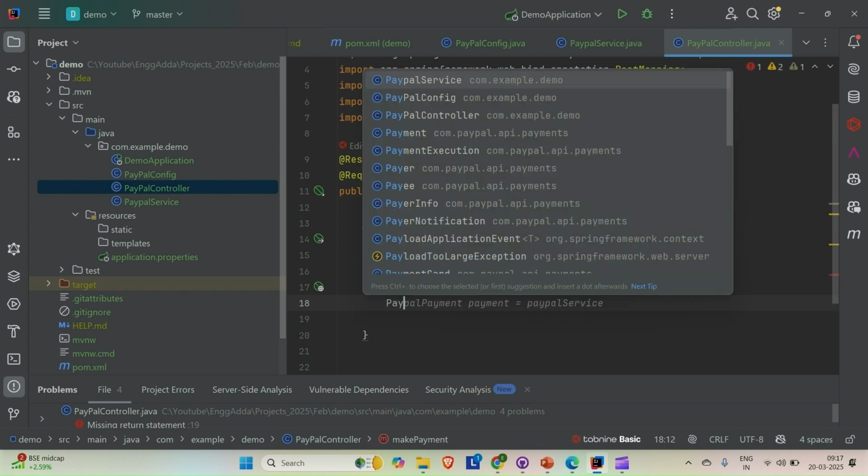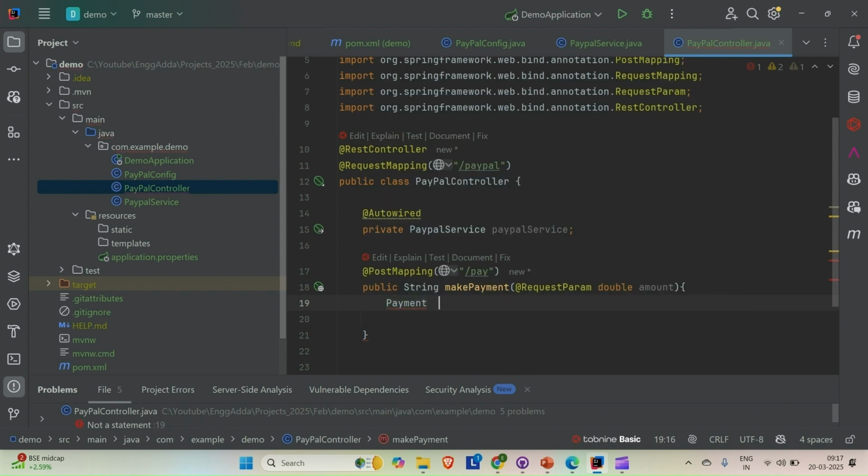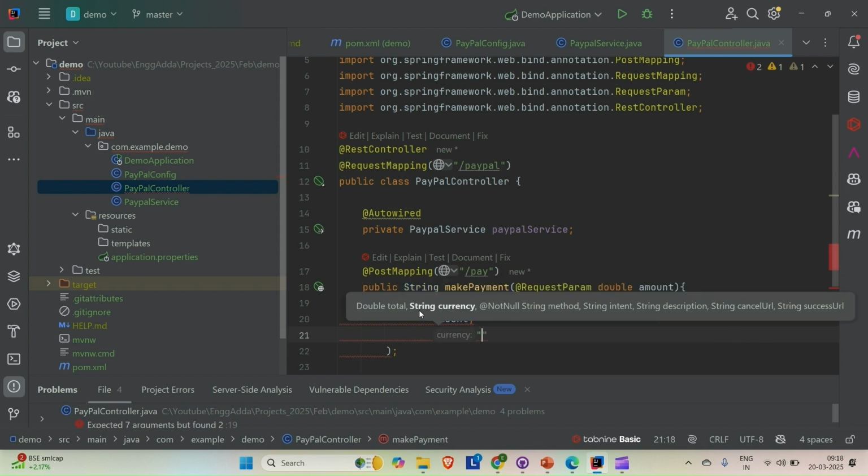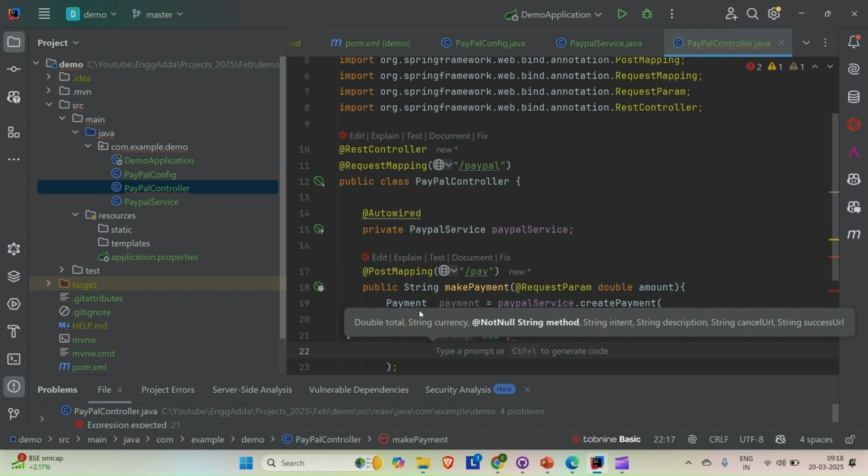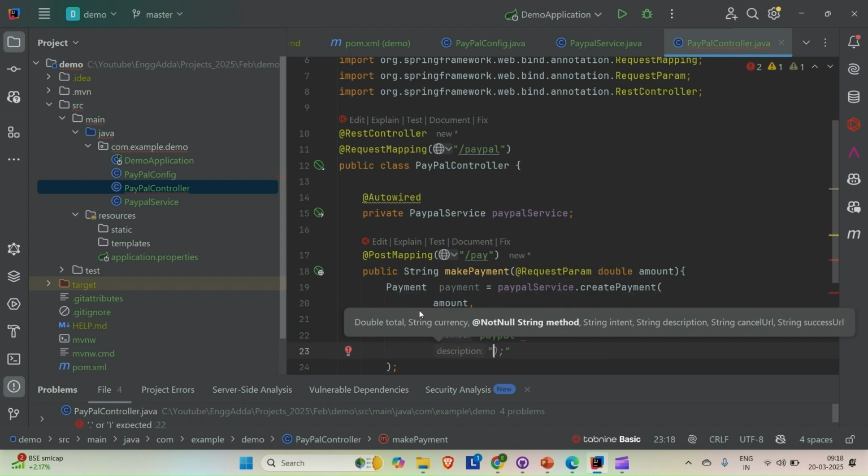Okay, so just do a payment object and PayPal service dot create payment, and inside this you need to pass all the arguments that we were passing there. So one by one I will pass it out. So first of all we need to pass the amount that we are passing as a request parameter. The second thing is, let's say we need to pass the currency. So you can use either USD or INR. I'm going to use the USD here, and then let's say the payment method is PayPal. Payment method is PayPal, and then we need to pass this description. Let's say sale,